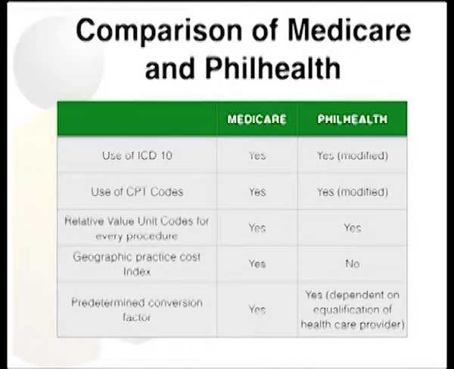Both also have relative value unit codes for every procedure. No geographic practice cost index is used in Philhealth. A predetermined conversion factor is used, but Philhealth uses the peso conversion factor, which is dependent on qualification of healthcare